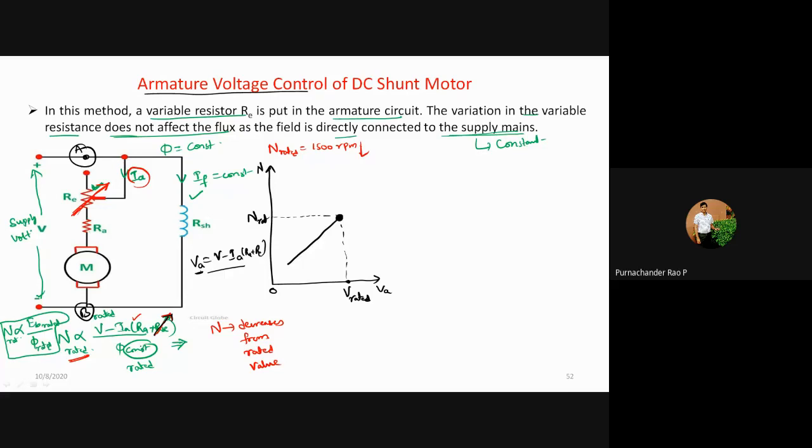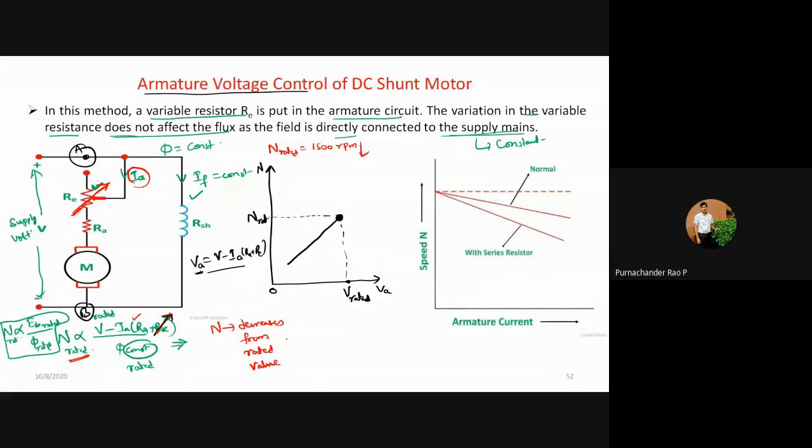This is the armature voltage control method for the shunt motor. Okay, so next here, if I want to control with the armature current, the relationship here is: as the resistance of your armature circuit is increasing,